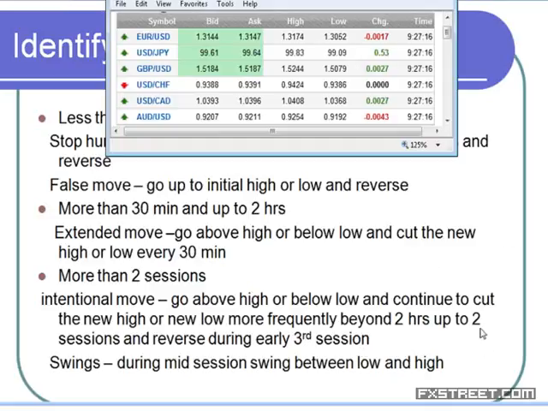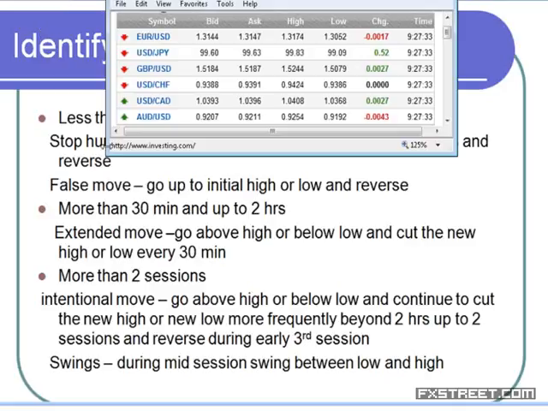Similarly, on the upside, they breach the initial high and stay above the initial high and continue to rise for 2 hours and for 2 sessions, and then make one more upward move on the third session and then reverse. Start of the third session. So